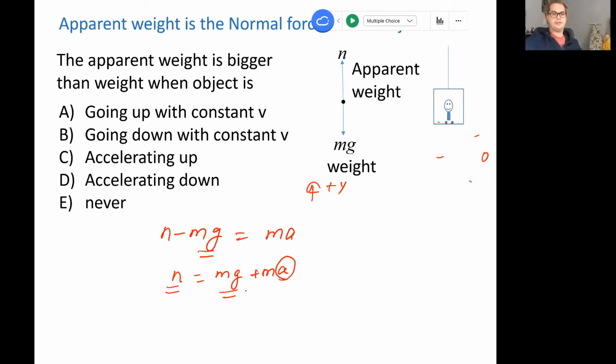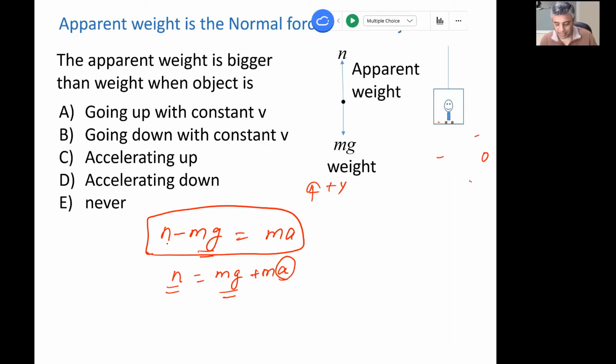I actually looked at it simply as you have the 4 factors, and of those 4 factors, the actual weight of the object and the object's mass are always going to be constant. So the apparent weight and the acceleration are going to be related. Right. And as your acceleration goes up, then your apparent weight is also going to go up. Okay, yeah, that's one way to look at it. Yeah, that's really nice.